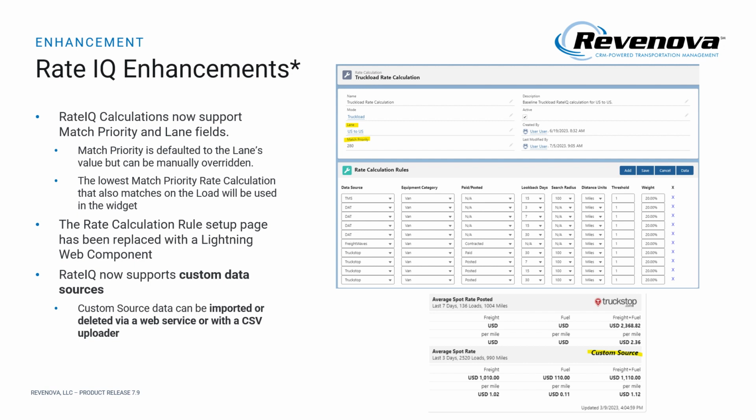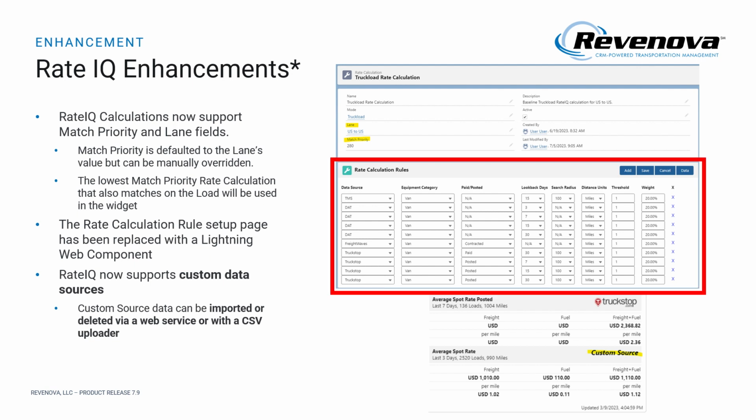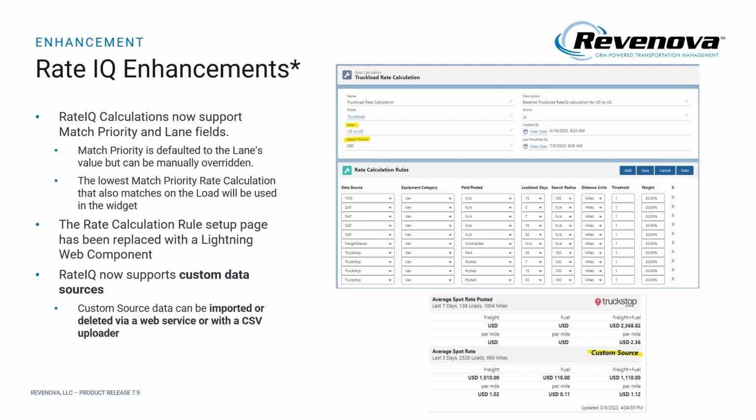But with the lane and the match priority new fields, you can now define different calculation rules based on both the lane and then also the overriding match priority. The rate calculation rule setup page has been replaced with a Lightning Web component, so that's what you're seeing on the screen here. And then the last item that we're probably most excited about is that RateIQ now supports custom